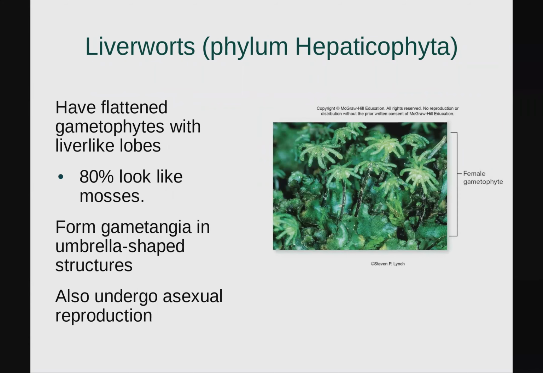So let's dive into our first group, which is the liverworts, or the phylum Hepaticophyta. Now, these, as you can see, have flattened gametophytes with liver-like lobes. So you can see, again, they look like little sausages. They're liver-like lobes, but I like to think that they look like sausages. And about 80% of these look like mosses. Now they form what we call gemmae cups, which is actually a familiar structure, right? Some of our fungi had these, which are umbrella-shaped structures, which you can see here, and they actually undergo asexual reproduction. So that's our liverworts. Not a remarkable group of organisms, but again, certainly present in the environment, an important stepping